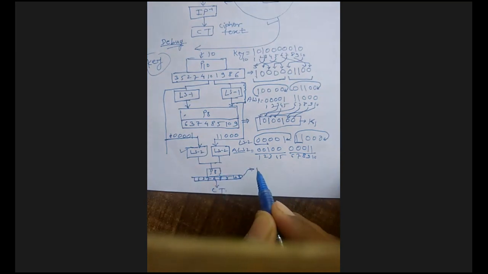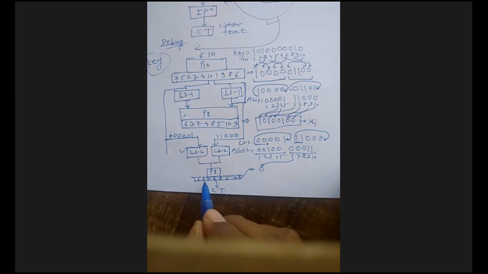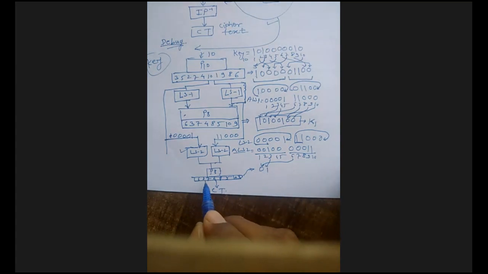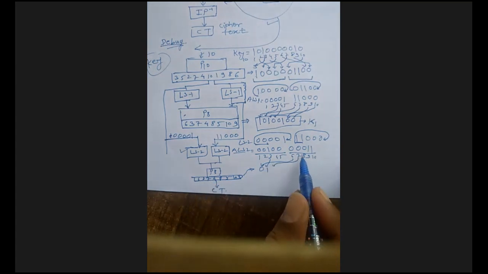Means for this, what you can do? Those numbers I have to convert. Means what is my first number? 6. So 6 is what? 0. So 0 I have to put over here. Now again 3. 3 you have to put over here. 1. Again 7 over here. 0. Okay, so likewise you have to apply all the numbers.